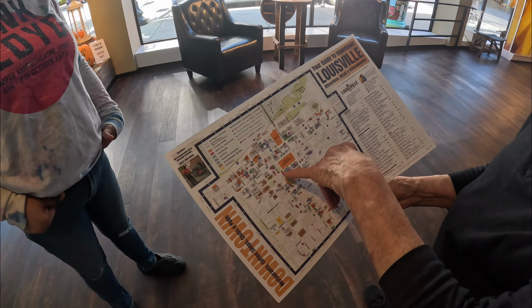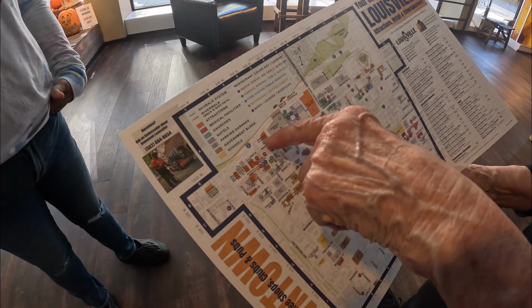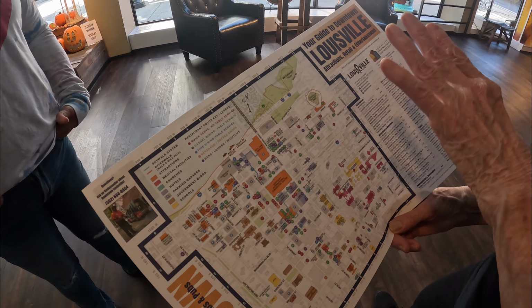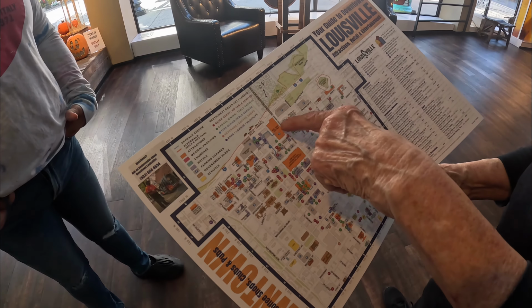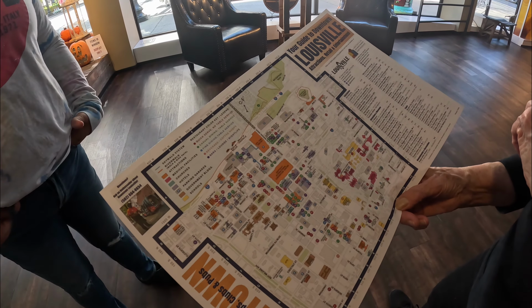Okay, you are right here. So if you go up 2 blocks and turn left, this is where all of our museums are. Okay. If you go right, you'll run into restaurants and distilleries and our ballpark. Right here is a nice cluster of locally owned restaurants. Okay? Thank you. You're welcome. And check out your...